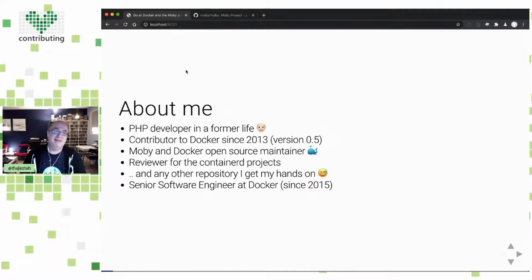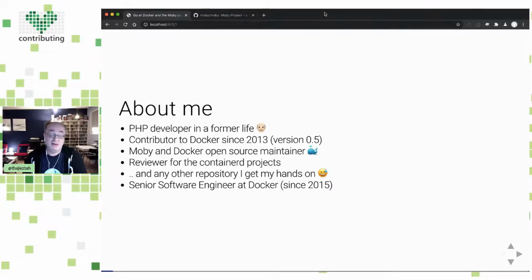A bit about me. Before I was working on Docker, I was a PHP developer, something completely different, a full stack and backend engineer. As I just mentioned, around 2013, I started contributing to the project, getting to know the project, and currently I am a maintainer for Moby and Docker open source projects.